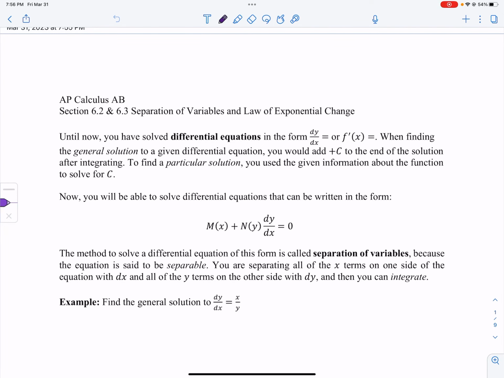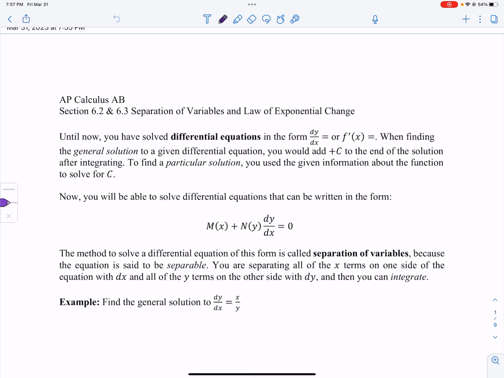Hi there, so this video is on section 6.2 and 6.3. Solving differential equations by separation of variables is covered in 6.2 and 6.3, but 6.2 is solving very basic differential equations, and then in 6.3 it gets a little bit more complicated. And then we're also going to be talking about the law of exponential change, which is related to solving differential equations